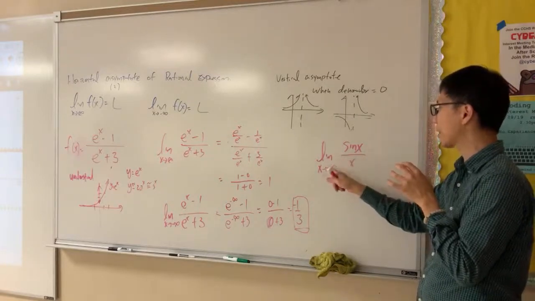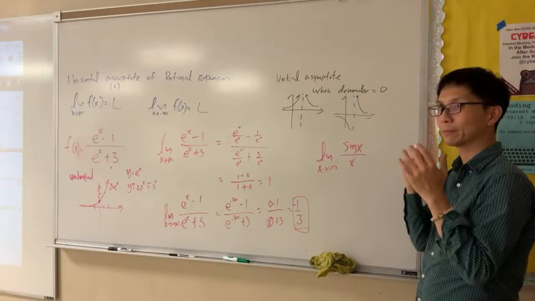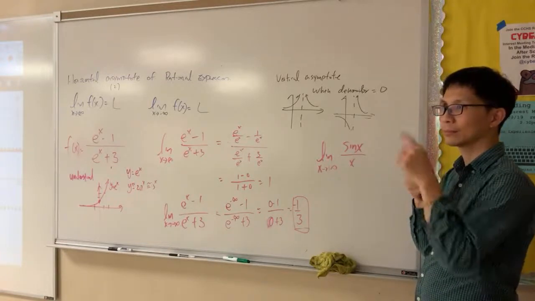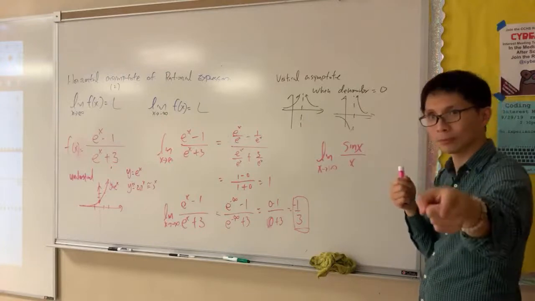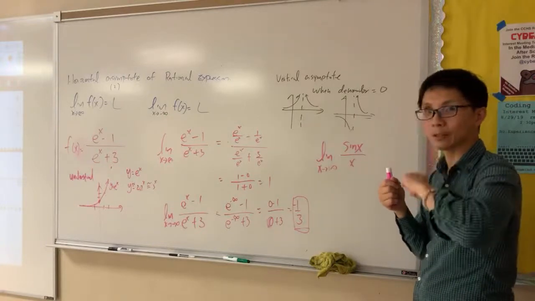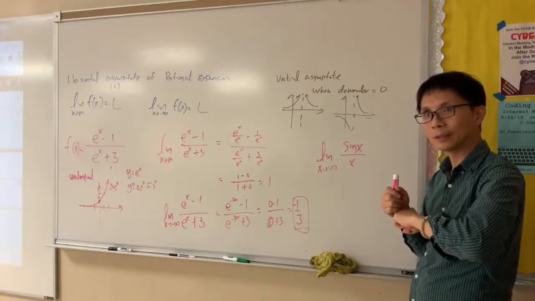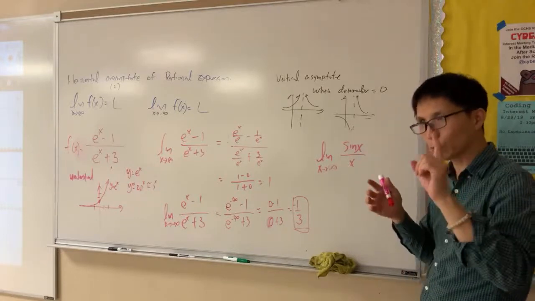No. Okay, what happens to the limit as x approaches infinity of sine x over x? It's infinite. Oh, 1, 0. No. What did you say? Why did you say 0? You have to provide a reason in order to get the right answer. Why, Jonathan, why did you say 0? Because